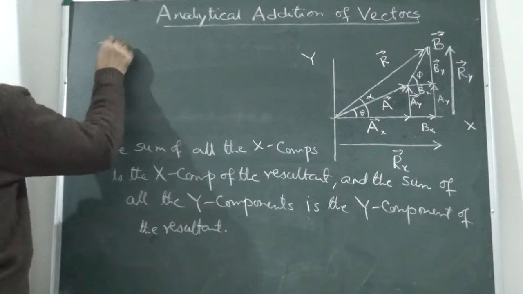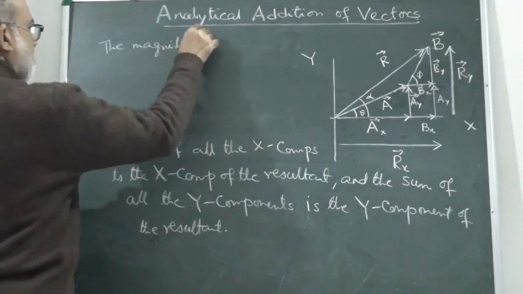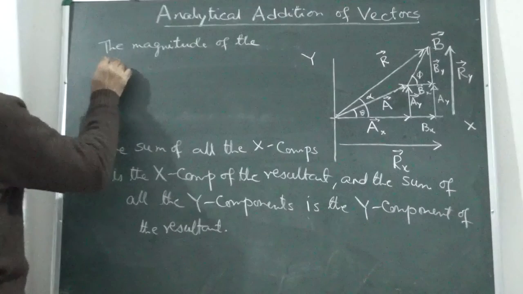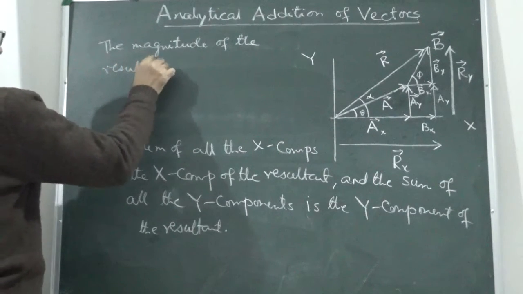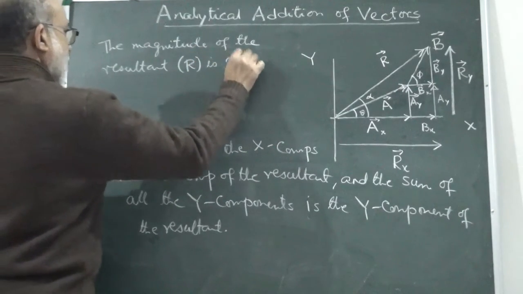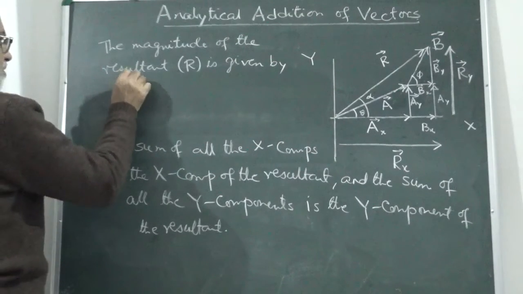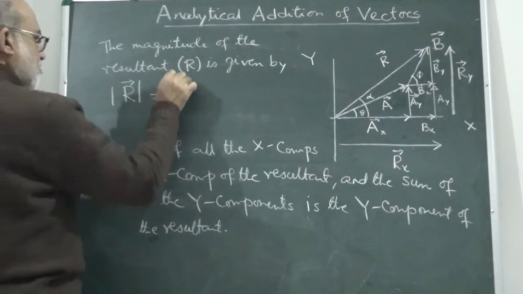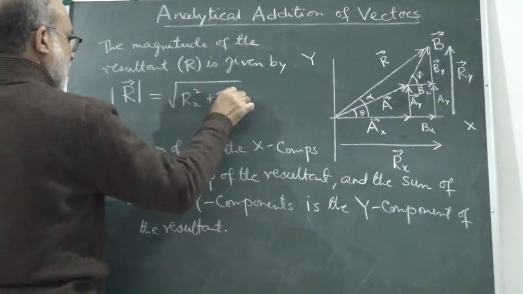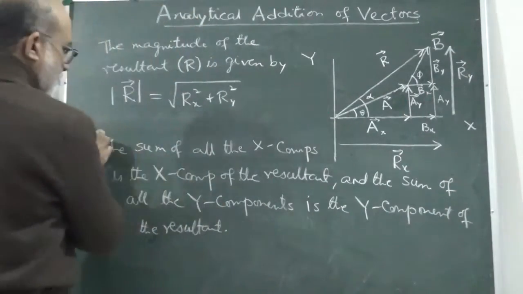The magnitude of the resultant, mod of R, is given by the square root of Rx square plus Ry square, and the direction is given by